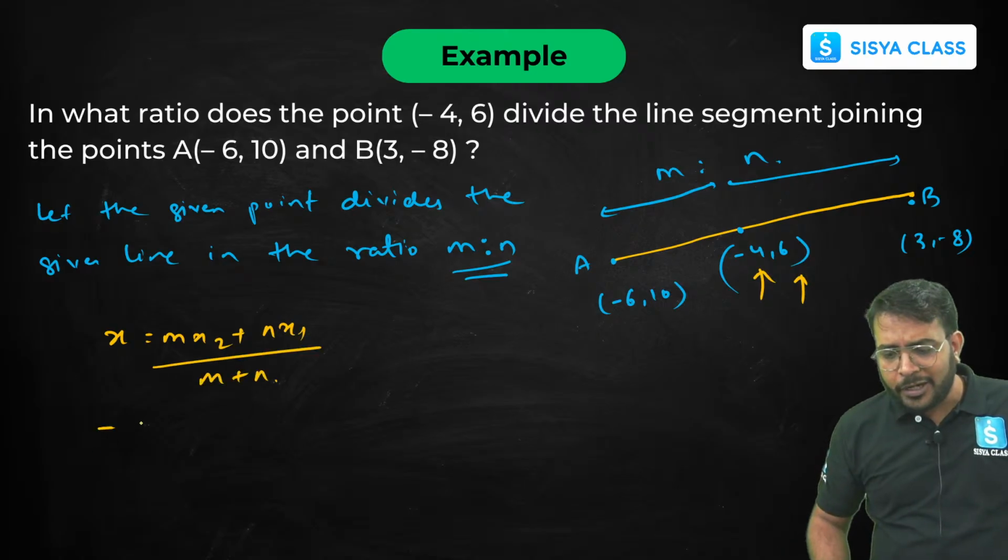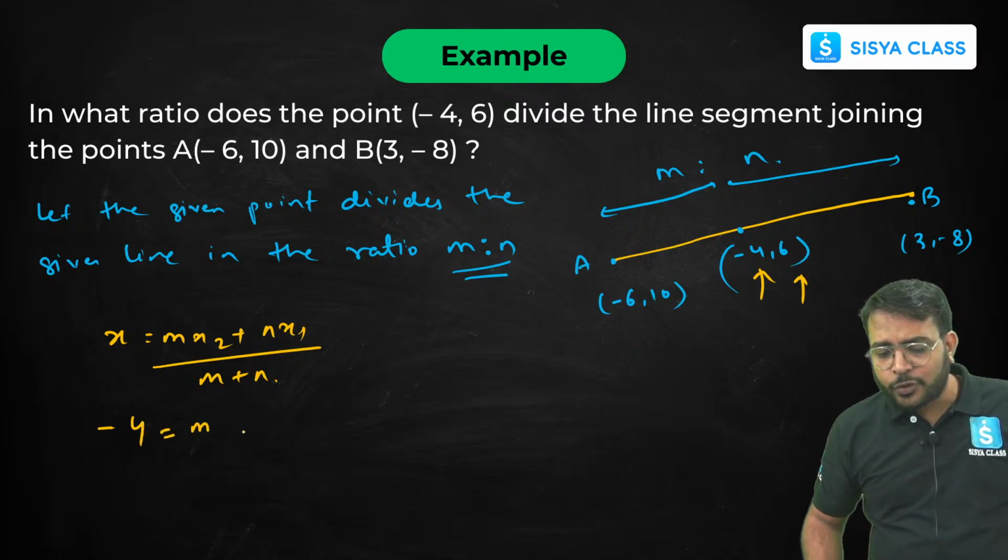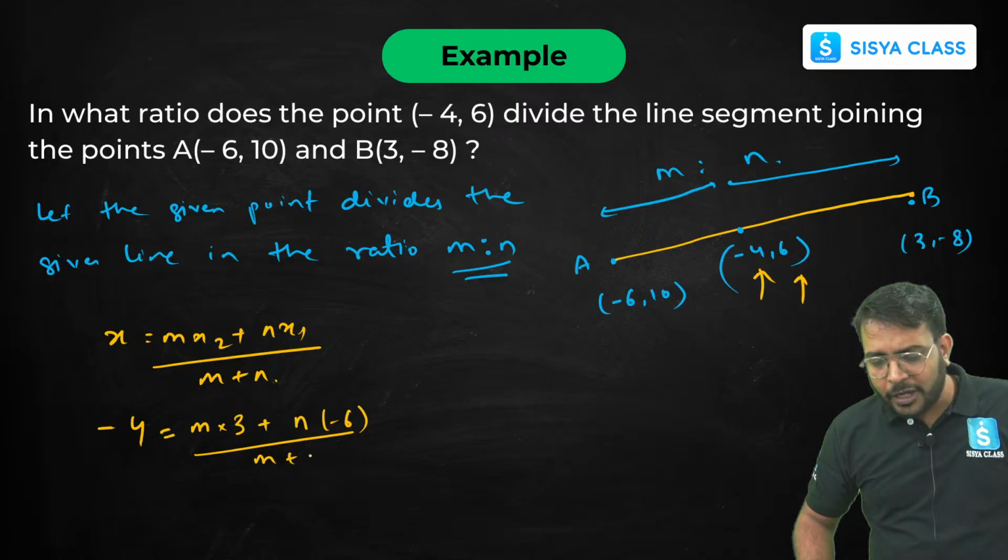What is your x coordinate? Your x1 coordinate is -4. What is m? We need to find out. What is x2? It is going to be 3. The value of m plus n, I have to find out. x1 is -6, divided by m plus n. So between m and n